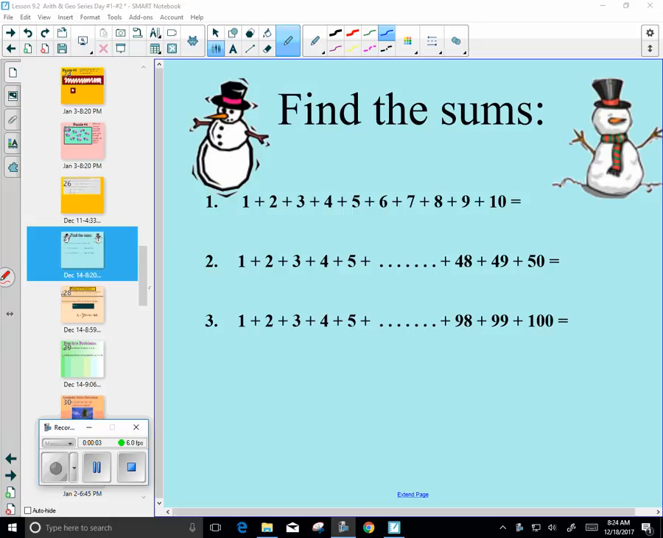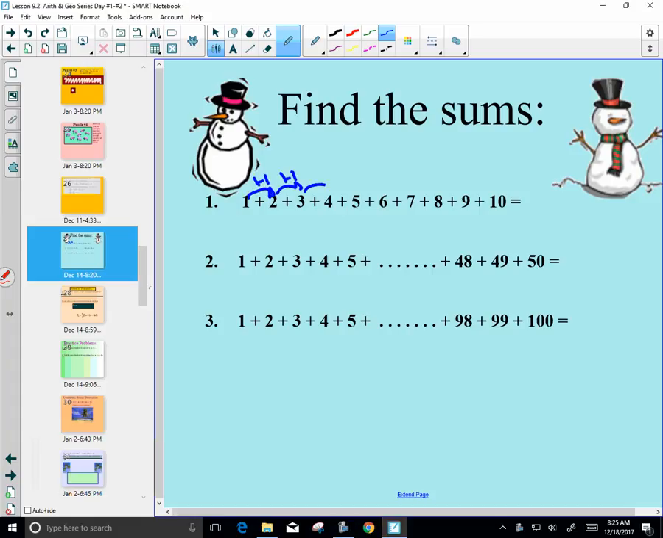Arithmetic first. Is 1 plus 2 plus 3 plus 4, is that arithmetic? Yeah, because it has a common difference. What are we adding each time? Plus 1, right? Plus 1, plus 1, plus 1. So what we're going to do is take a look at this and say,